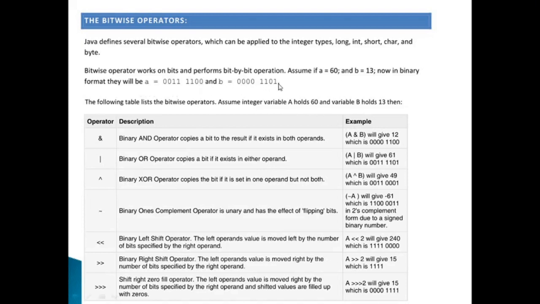It will combine the bits at the respective positions: 0 and 1 will give 0, 0 and 0 will give 0, 1 and 1 will give 1, and 1 and 1 will again give 1.